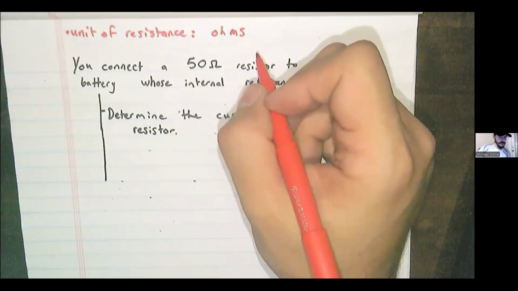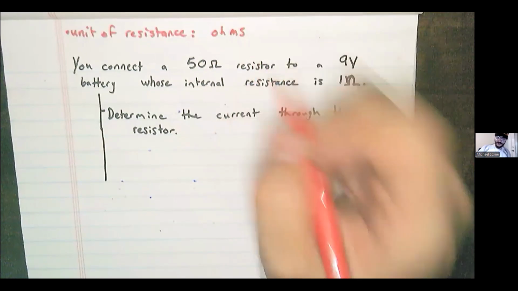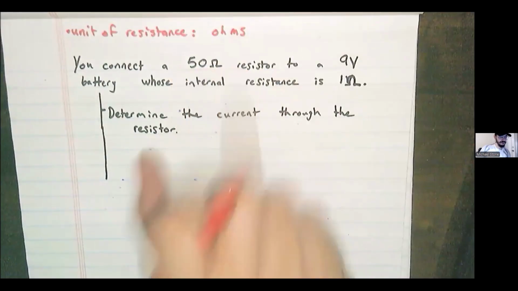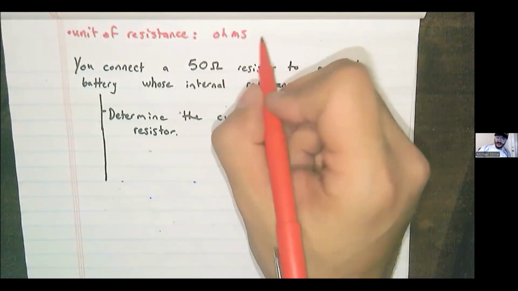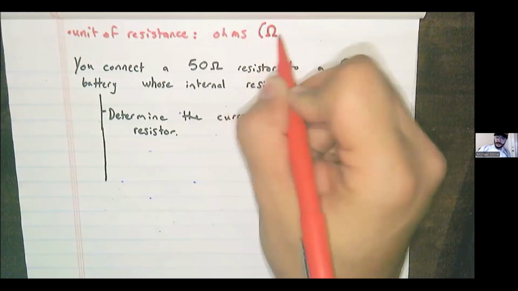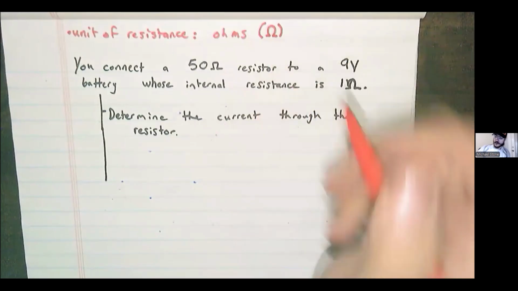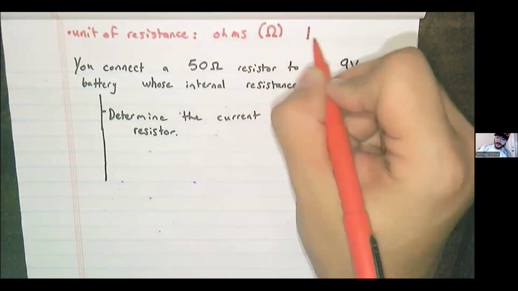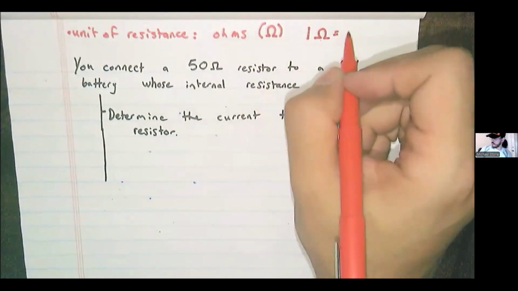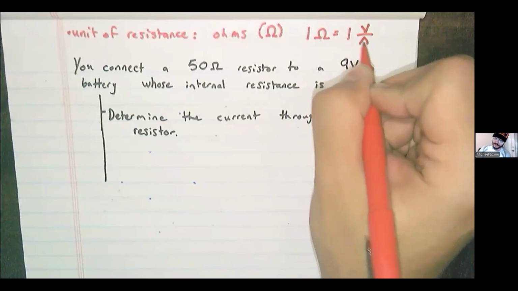Whenever you have a unit named after a person, it's always their initial capitalized. Why do you think we don't write this as 50O? Because then it's just going to look like 500. So we do the usual thing and go to the Greek alphabet and use a capital omega. It makes the same O sound that's at the beginning of ohms. So it makes sense. And 1 ohm is 1 volt per ampere.